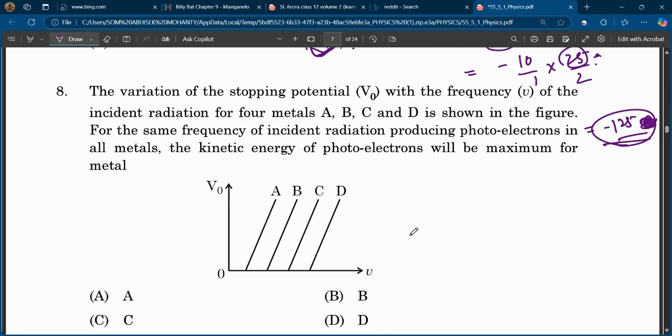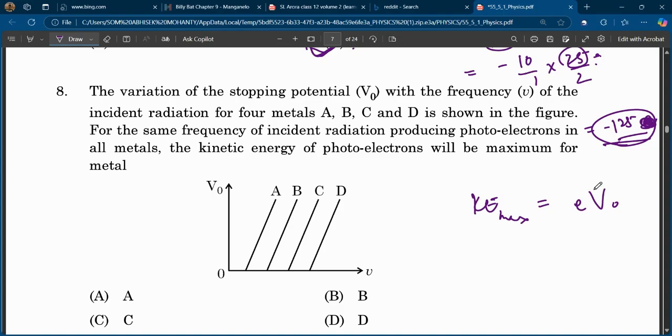Variation of stopping potential with the frequency of the incident radiation is given. For the same frequency of radiation, the kinetic energy of photoelectrons will be maximum for which metal? The stopping potential variation is given, which means the maximum kinetic energy is equal to eV naught, right? So kinetic energy is directly proportional to V naught, and the frequency is the same as said in the question. So the one having the